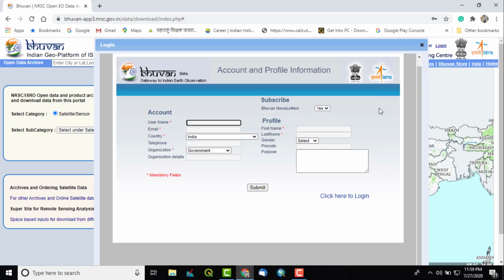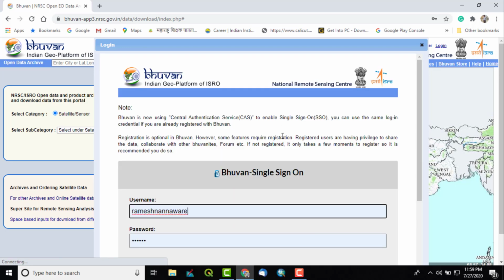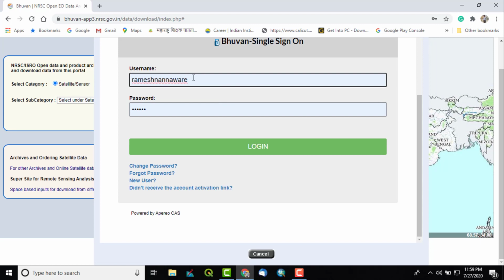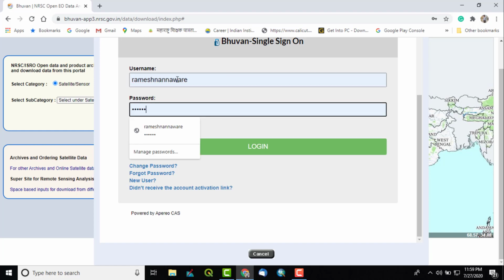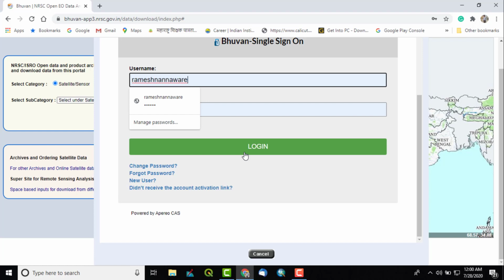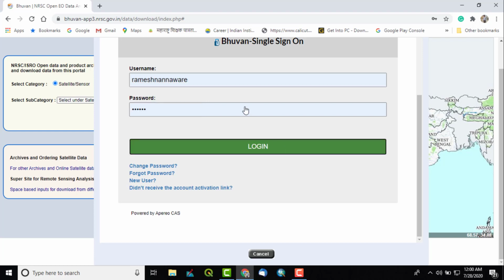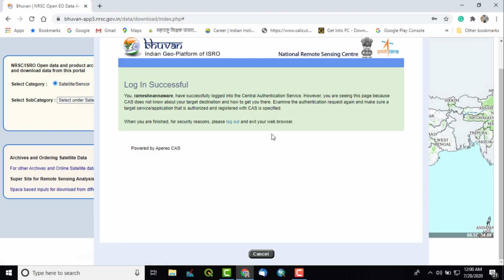So I will directly log in with my already existing account on this portal. My credentials are already saved, so they are autofilled here, and I will just click on login. Login is successful.